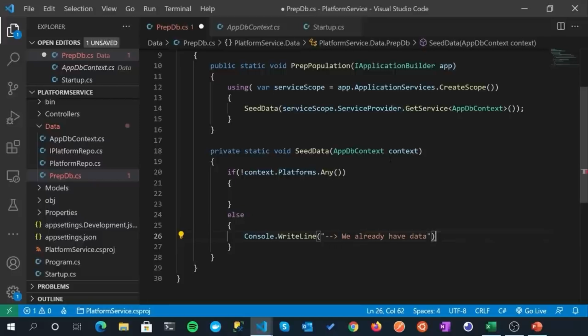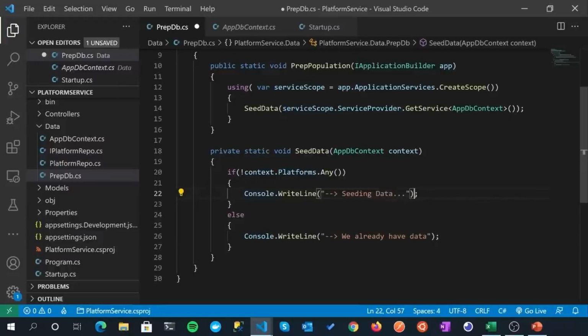At the moment, we're always going to be seeding data at startup because we're using in-memory, and once we shut something down and restart it, all the data's gone anyway. So for the moment, we're never going to see this; we'll only see it when we move to SQL Server, but we'll put it in for the moment. And likewise up here, I'm going to put in a Console.WriteLine and say something like seeding data.